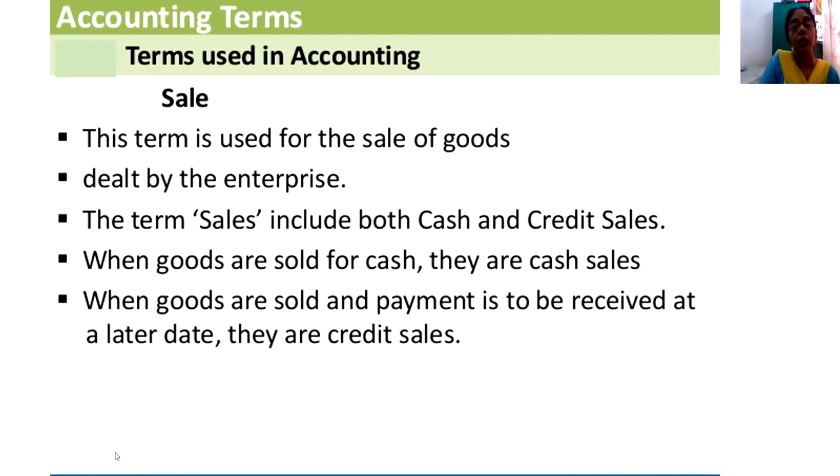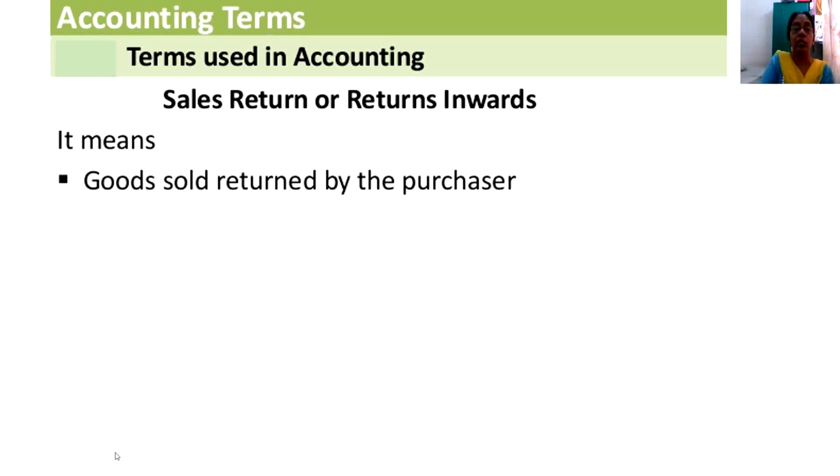Also we have in the list the sales. So here the term sales represent the goods that have already been sold or dealt by the enterprise. And here the sold goods can also be into the category of cash sales or credit sales. So when you sell them for cash and you have already received the money against the selling of the goods, it is referred to as cash sales. Still the money is yet to be received by you, then we term it to be credit sales. Sales form a part of the revenue in the business. So we call them as revenue from operations.